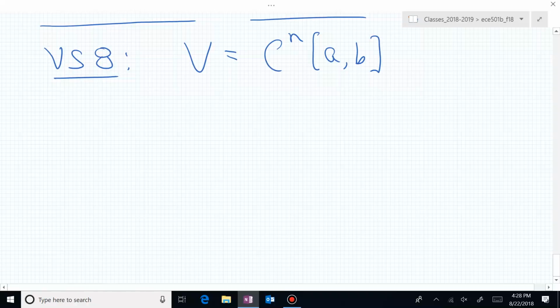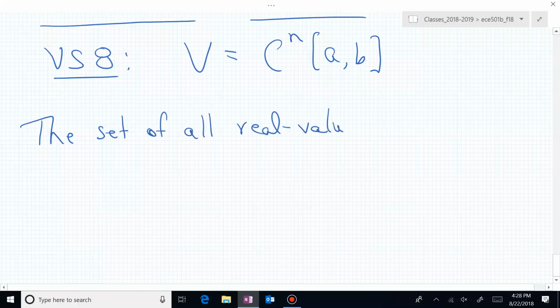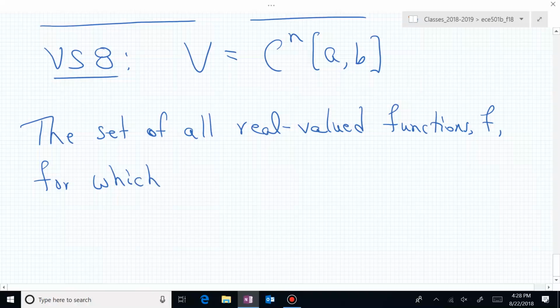Let me see if I can write that. This is the set of all real valued functions f for which f, the first derivative of f with respect to its argument, which is the real number line x, f double prime,